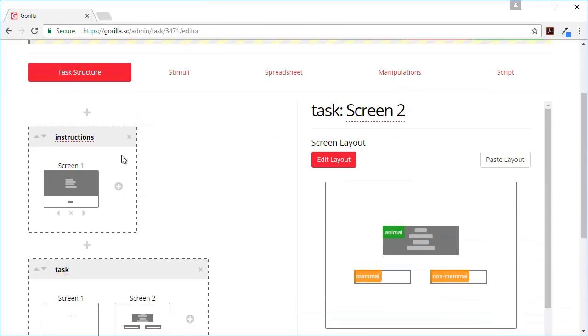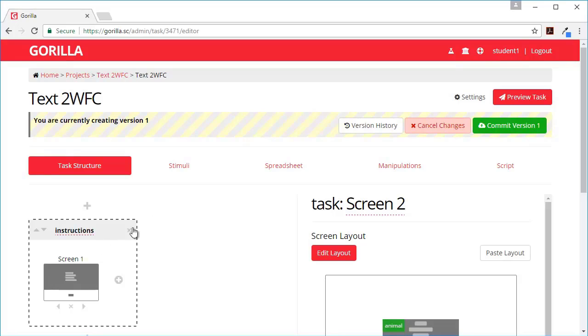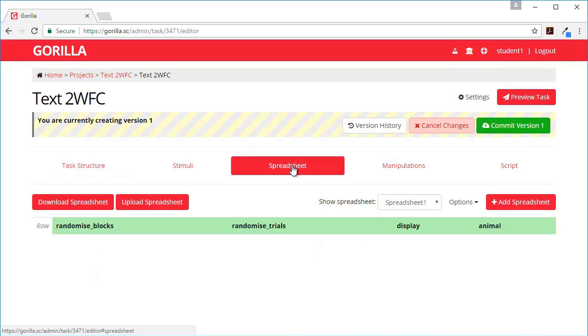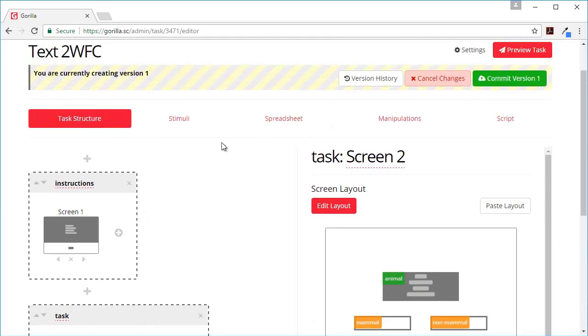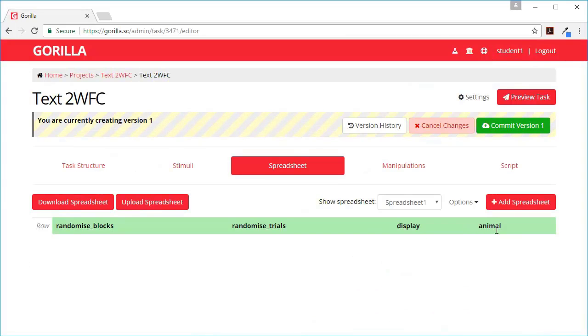So now the task structure is configured, the next thing we need to do is set up the spreadsheet. If you notice here in the task structure, we've said that the animal information is going to be populated by a spreadsheet, and when we look at the spreadsheet, a column has been pre-created.